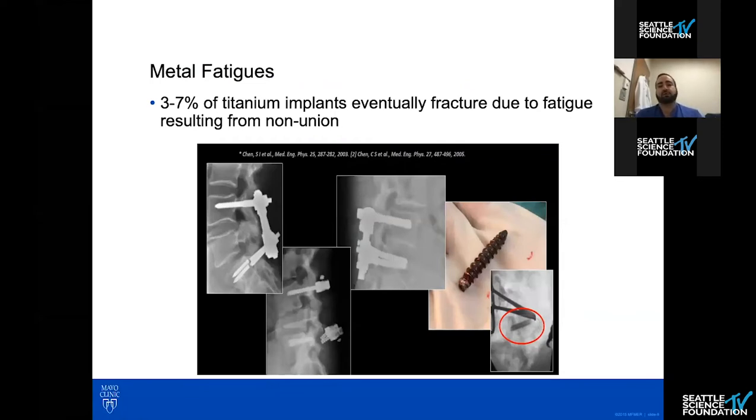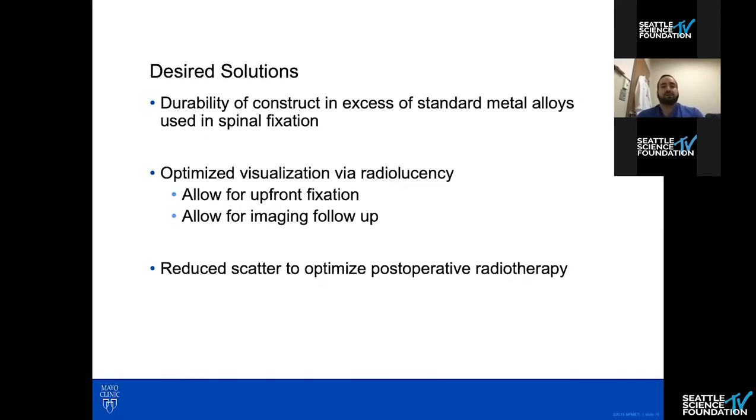Inherent to all metal, even the strongest metal or metal alloy in the universe, is fatigue and breaking points. So it should come as no surprise that over time, this will break. And this becomes even more relevant in our patient population with spinal oncology, because as time goes on, knowing that the likelihood of a fusion is very, very low, the metal will undergo cycling and eventually break. So a desired solution would be to have a construct that can withstand loads in excess of what standard metal constructs do, but also at the same time be radiolucent